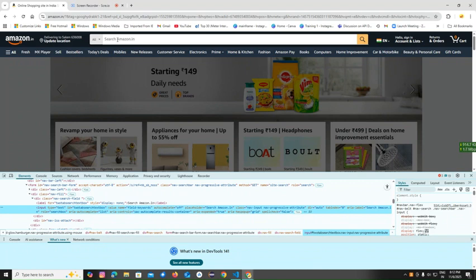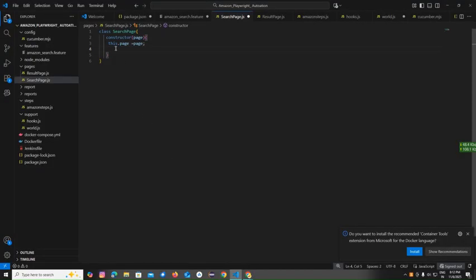Let me inspect again. You can see I need to tap the search text box. So the preferred first locator will always be ID, so I'm going to consider ID here. Let me write the code here. this.search